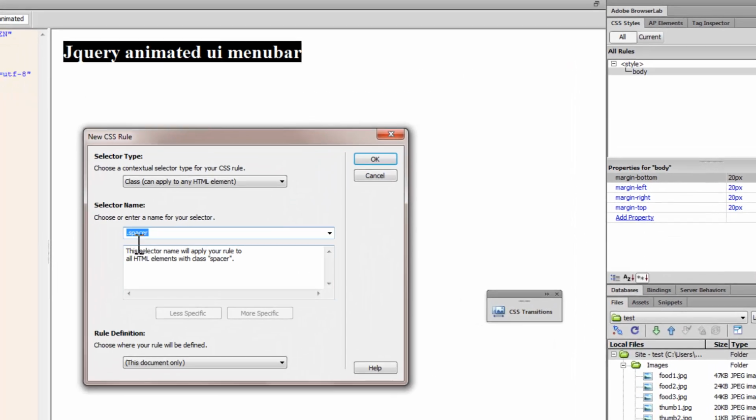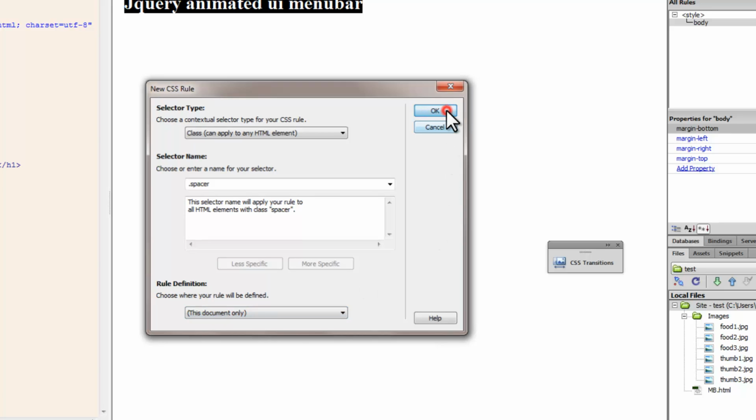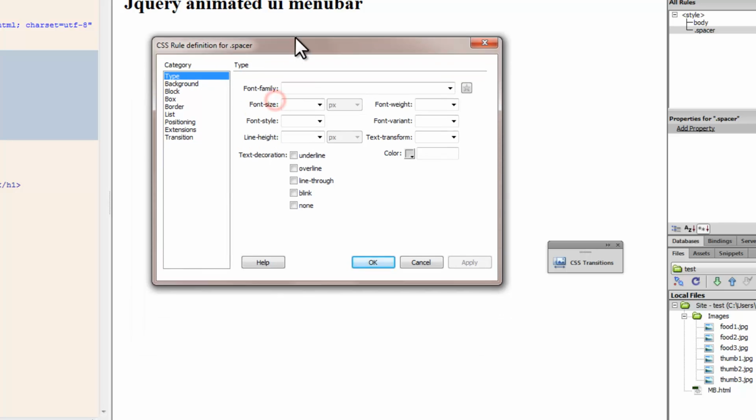Let me click on the plus button. Automatically the name spacer auto populates in the contextual selector. We have a class out here. This definition is getting saved in this document itself, so it's an internal or an embedded rule. That's fine. Let me say okay, and I'm going to say